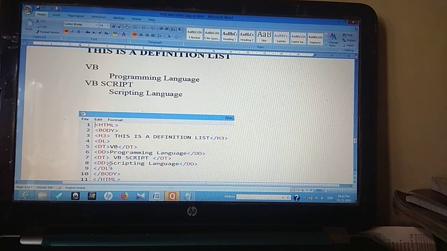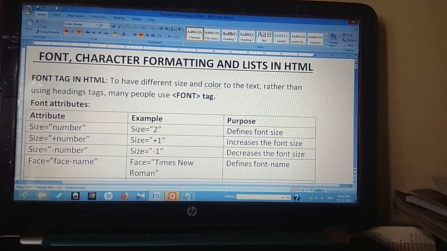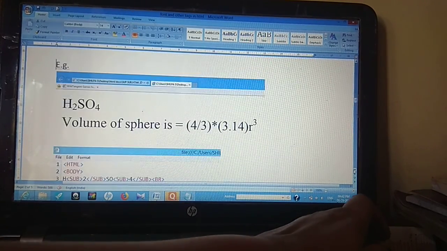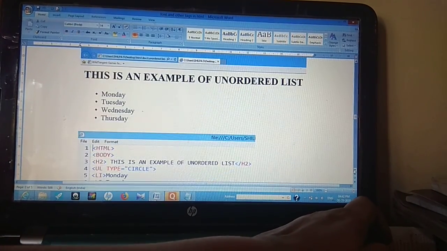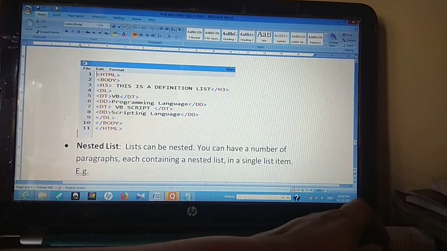Again there is some indentation or space left for the DD or definition description. You can compare it with the output over here. And then the last tag that is closed is DL. So in this pattern you can create a list in HTML. So these are the definition lists in HTML.